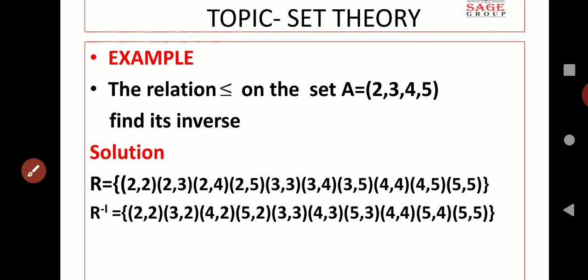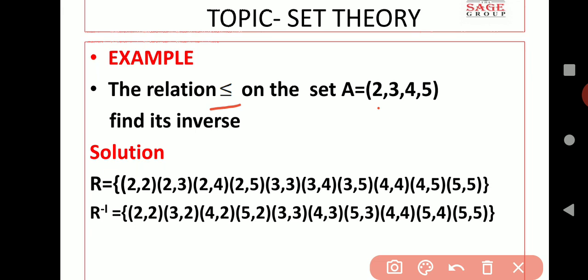For example, we have a set A with the elements 2, 3, 4, 5, and the relation is less than or equal to. First we have to find the relation, and then we find its inverse, R inverse. So A is equal to 2, 3, 4, 5, and the relation is defined as less than or equal to. So in the relation R we have (2, 2), because 2 is equal to 2,